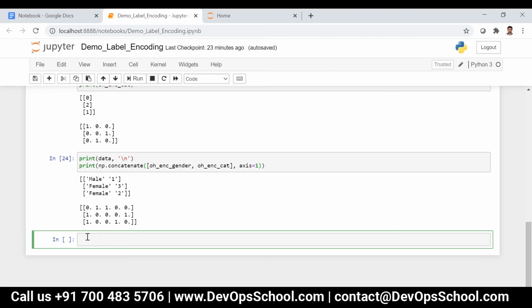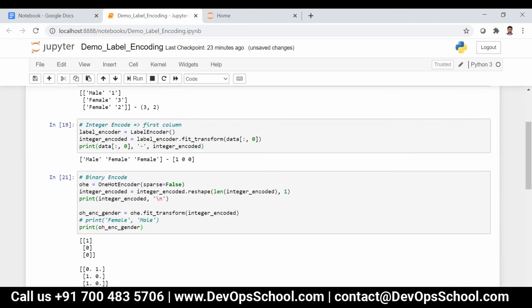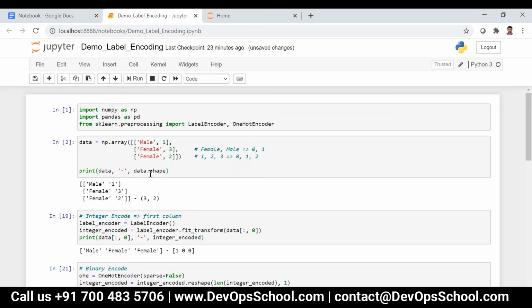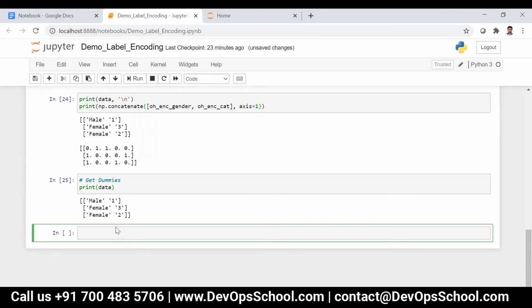See, yesterday we did something, right? Get dummies. This one can be done using get dummies, but the thing is, we need to convert to a data frame. Now we have this data in the form of an array. So we need to convert this to a data frame.